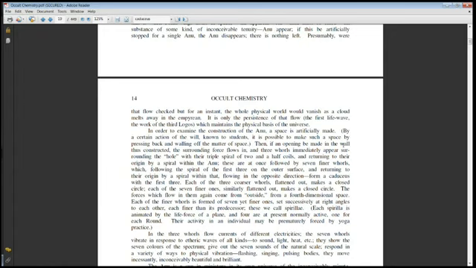Then, if opening is made and the wall thus constructed, the surrounding force flows in, and 3 whorls immediately appear surrounding the whole, with their triple spiral of 2.5 coils. And if you look at 2.5 coils, I'll get to it in just a second, this is kind of cool. And returning to their origin by a spiral within the Anu.